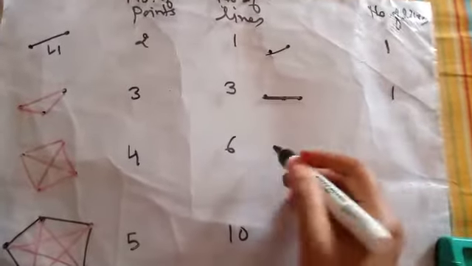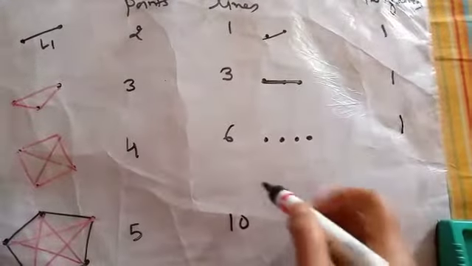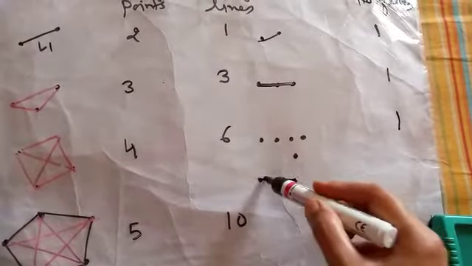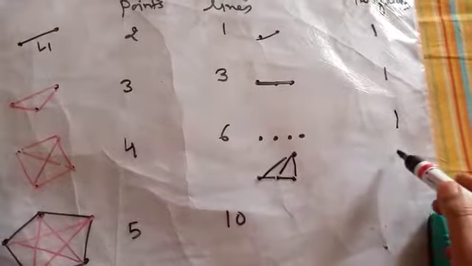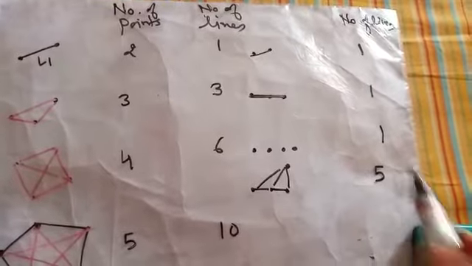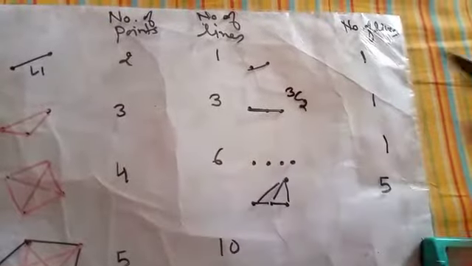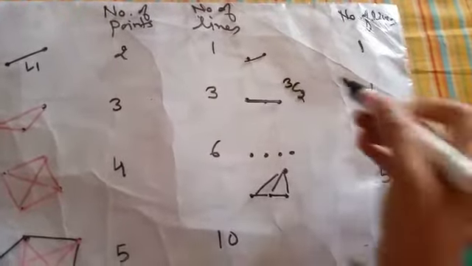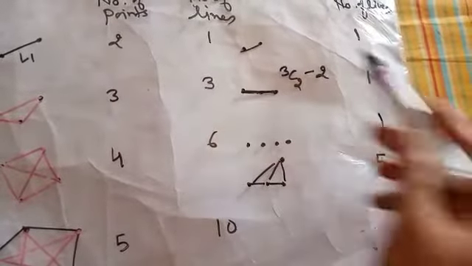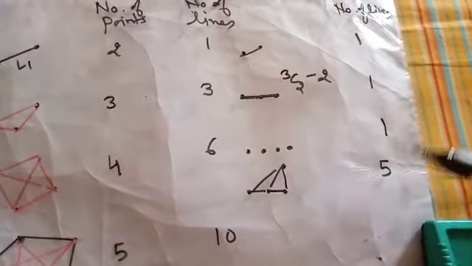If we have 4 points and all 4 are collinear, then what will happen? Again one line. Now if 3 are collinear and 1 is non-collinear, then 1, 2, 3, 4 and 5. So 5 lines are there. So this is what I need to find out. How will I do it? What is actually happening? Earlier we wrote 3C2. Out of 3 you have to select 2, right? So 3C2 gives you 3. Minus 2. Why am I doing this 2? Because these 2 lines, what are they becoming together? They are reducing to one line only.